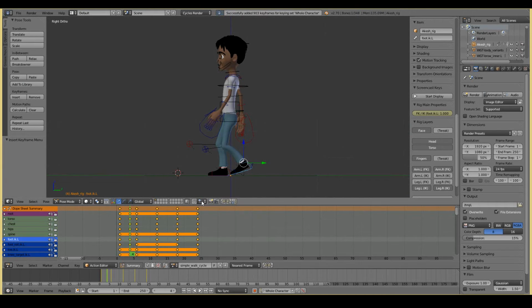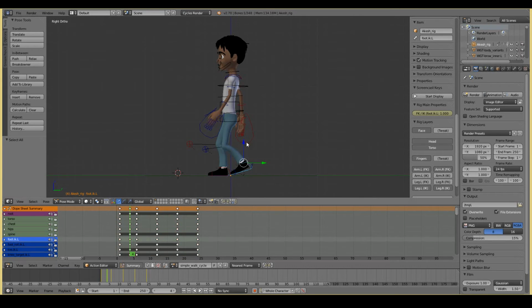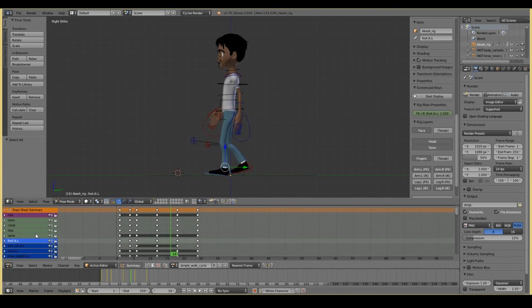All right. So, okay, now I'm going to show you another way of copying pose rather than just doing copy paste. So I'm just going to locate where the next low pose is going to be. So it's obviously going to be here. If you want to copy it, I don't have to select everything, copy, and then paste. I can select the dope sheet summary. If you see this orange part here, the dope sheet summary, it shows the keyframes for all this data here. For example, if I want to select the keyframe for the chest, then I can move it, I can duplicate it and do whatever I want with it.